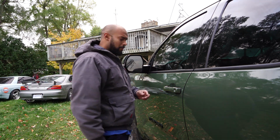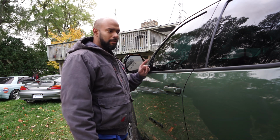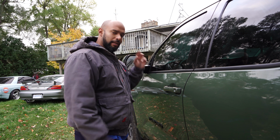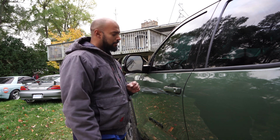Just staying with the key fob. If the key fob is in your pocket, like where it should be, you touch this part one time, truck's locked. If you want to check if the truck's locked, you can touch anytime. It will just give one beep and you will hear the mechanism trying to lock. That way you know it's locked. If you want to open it, all you have to do,